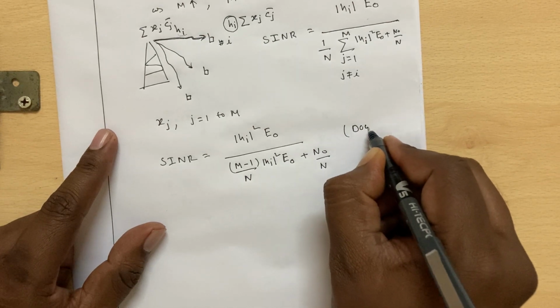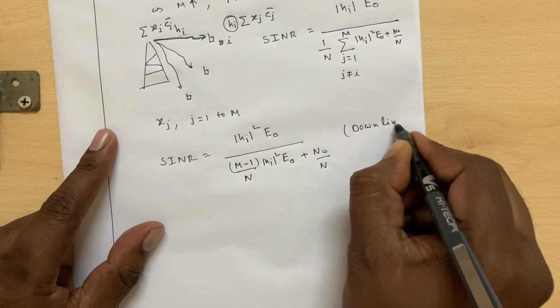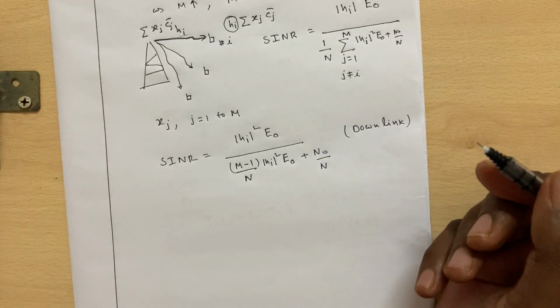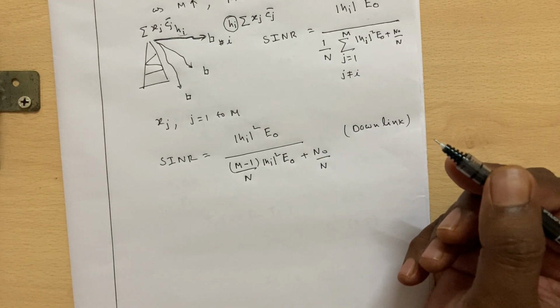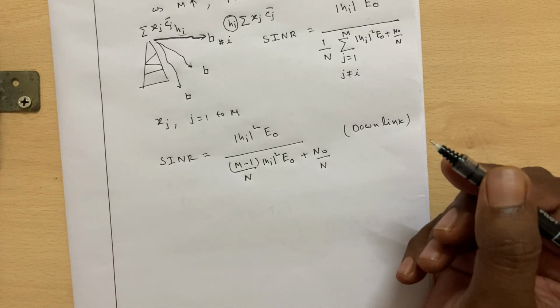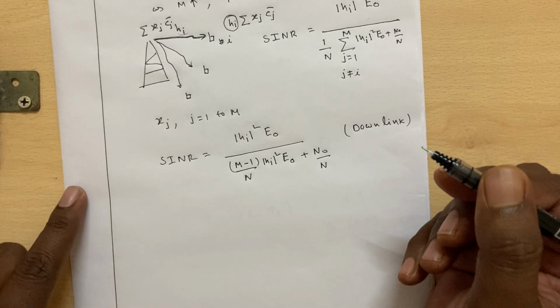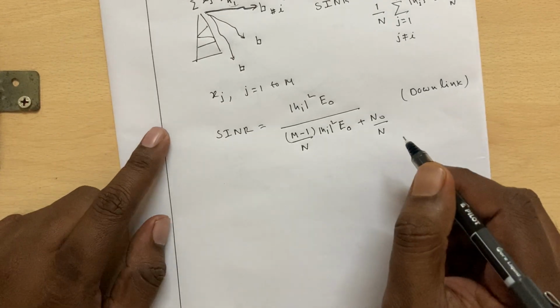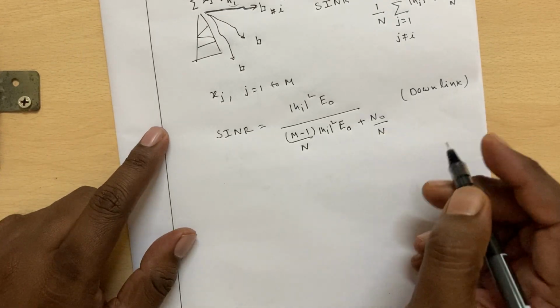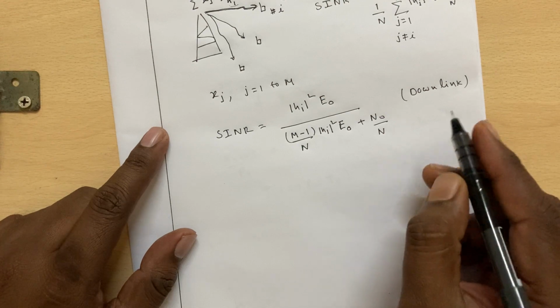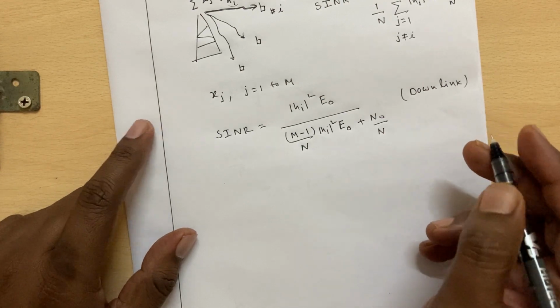downlink. So the only difference between the uplink and here is what? One is that power control is not required here. The other one is that the channel coefficient is the same for all the data. For all the symbols, the channel coefficient is the same here. So this is the multi-user performance for the CDMA system. Both uplink and downlink we have seen.